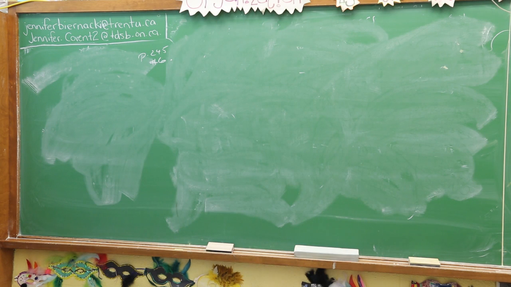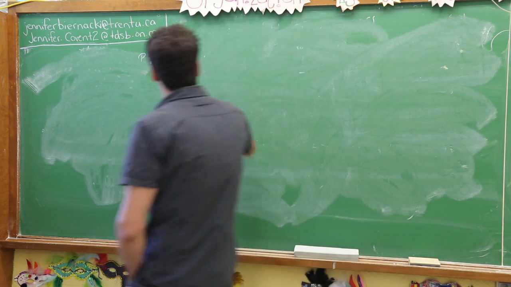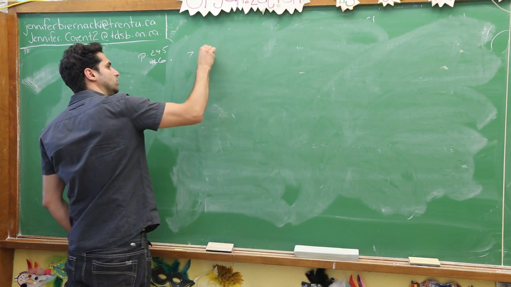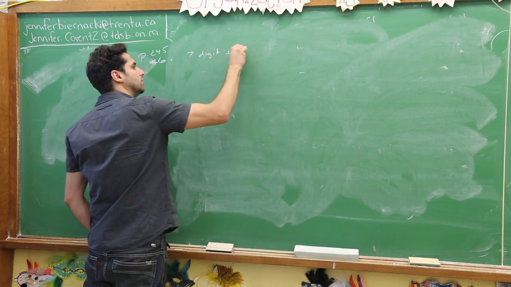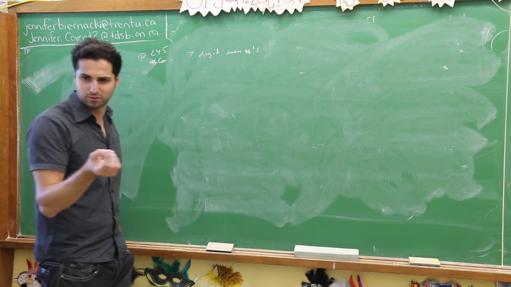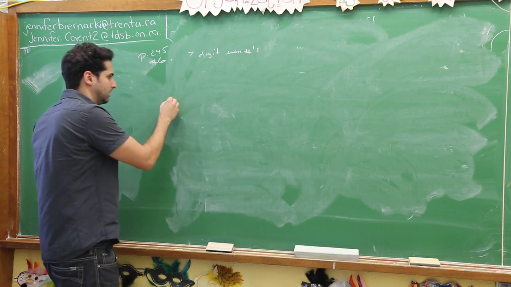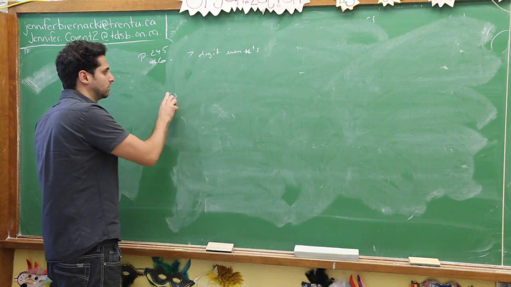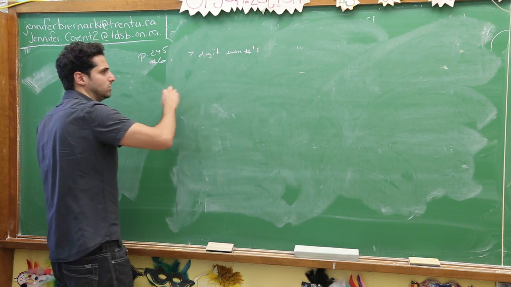245, number 6. Okay, so how many 7-digit even numbers? Just curious, are we allowing for leading zeros? No. The question says how many 7-digit even numbers